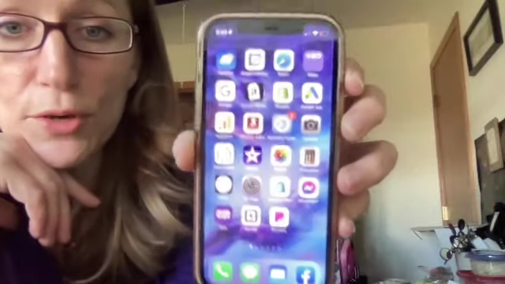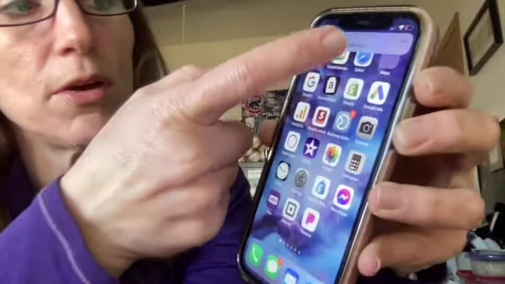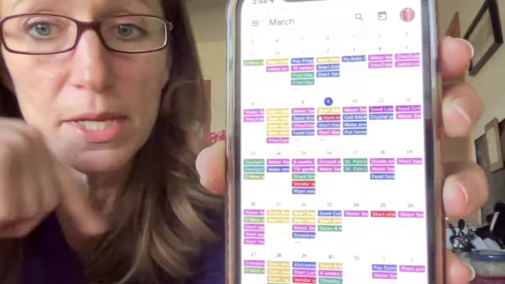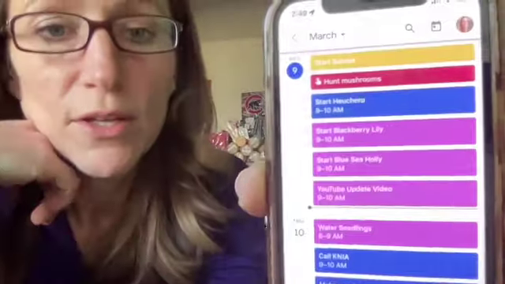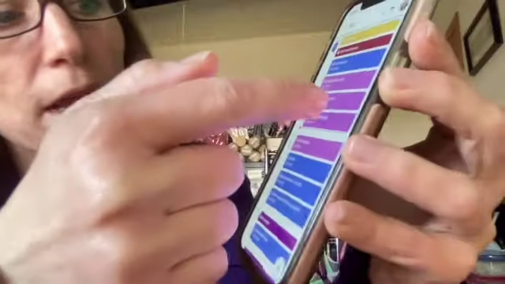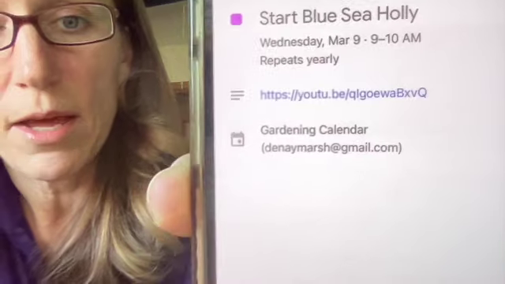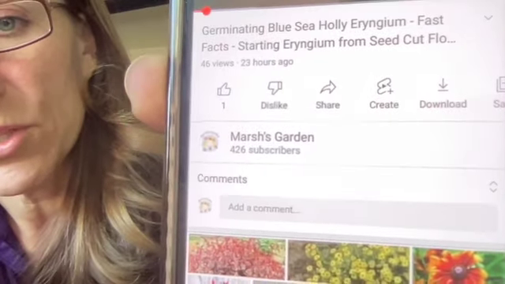Okay, so I wanted to just show you on my phone how easy this is. So I check my calendar every day to see what tasks I have. So I'm just going to go into my Google Calendar. And so now it has all of my tasks that I have to do. And so if I look at today, by clicking on it, you can see here that I have Start Blue Sea Holly, right? Which we saw earlier on my calendar. So now I click on it. So now when I'm on it, I can just click on this YouTube video, and now it's going to bring it up. And if I click on the description,